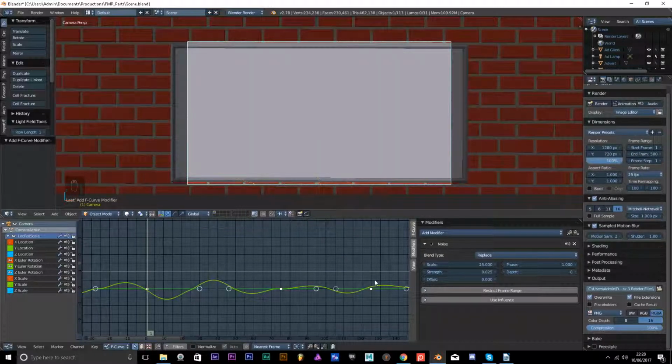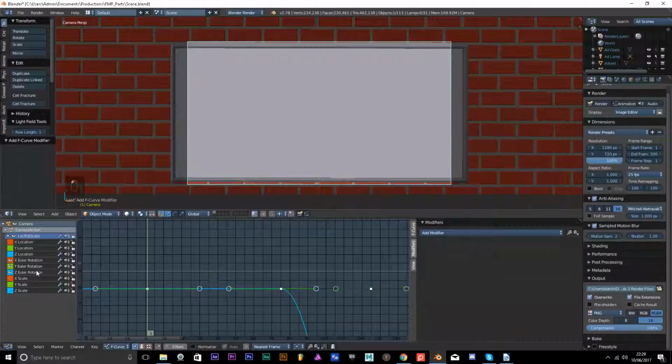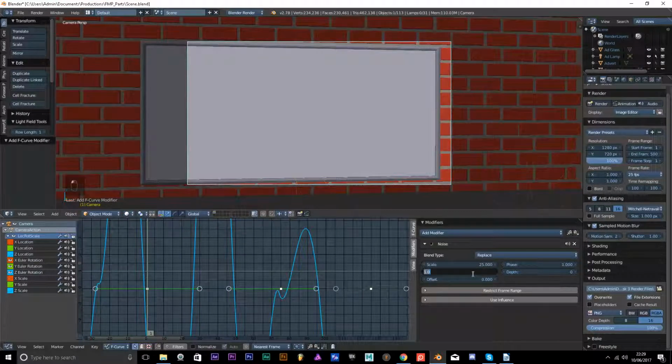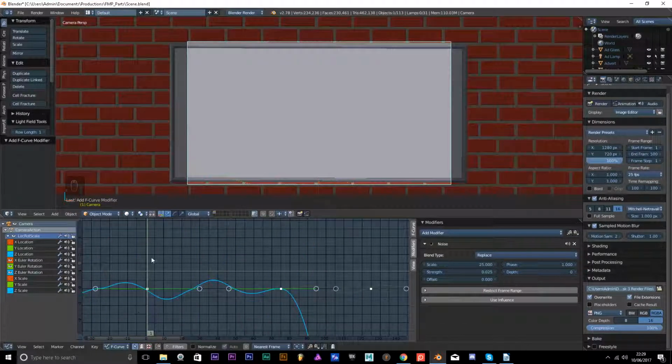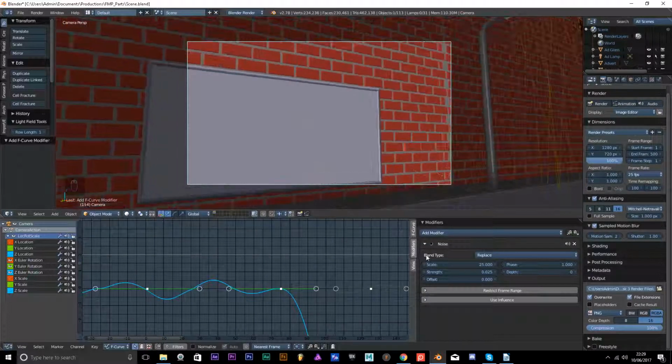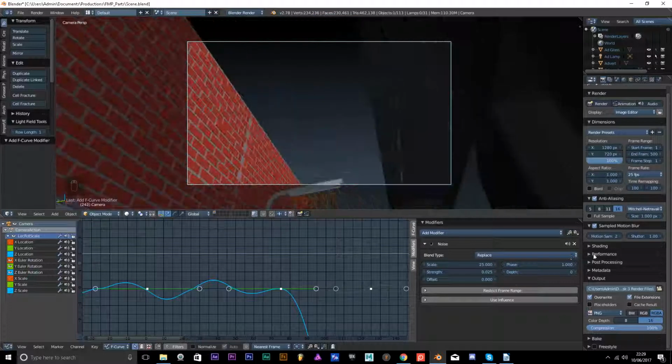It's more trying to get that human, authentic feel to it, like someone's actually holding the camera. I like that with things like this, because it does make it feel a lot more realistic, as you can see. I can keep dragging it.